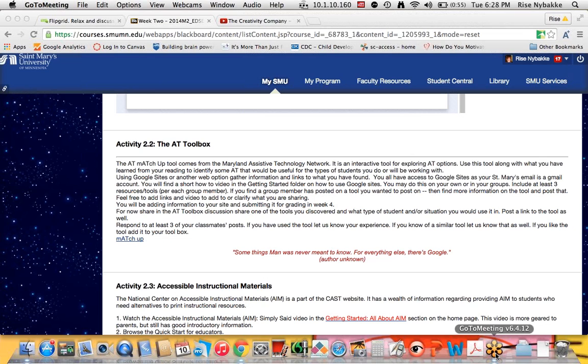So if you are savvy at making Pinterest boards, you could make an AT Toolbox Pinterest board. You could make a WordPress blog. You could make, I'm blanking right now, but I suppose you could make a Facebook page. All you really need is a vehicle where you can gather information, be able to perhaps post images or a video, text description, and have it be something that's open so all of us can view